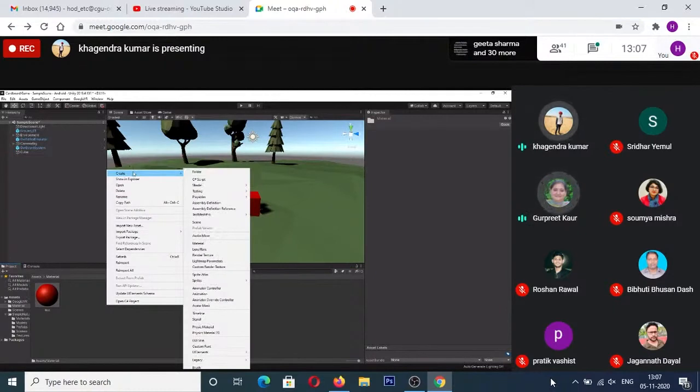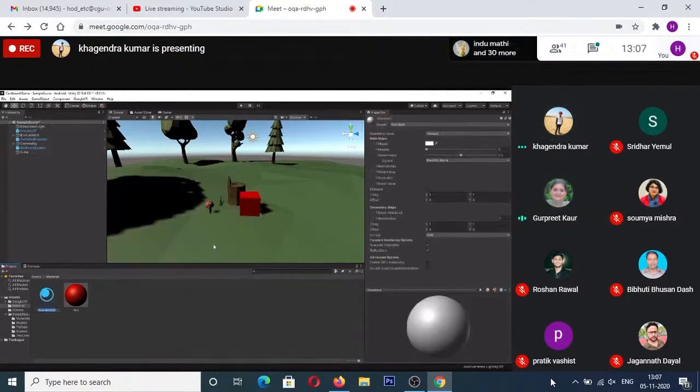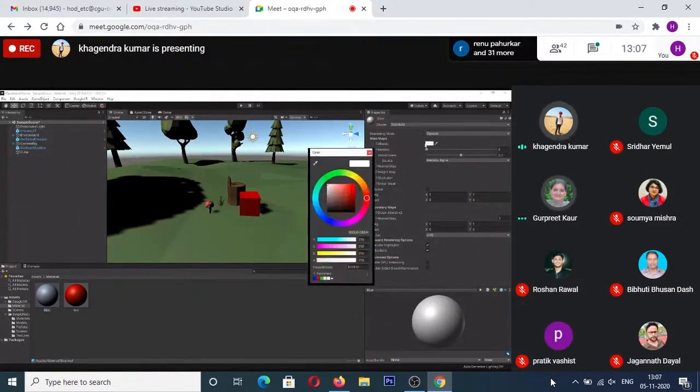I did create a material. Now I'm naming it, let's say, blue. Okay. Selected over there. Now I need to select this blue in order to change the color. Then I will go to the albedo over here, click on it, and then change the blue color. I think this is the blue color. Now, if I change this option over here, there is a slider which is usually on the white side. There is a center. If you change this color, it will just change this selection. And there is another option over here, which is usually pointing at the white.